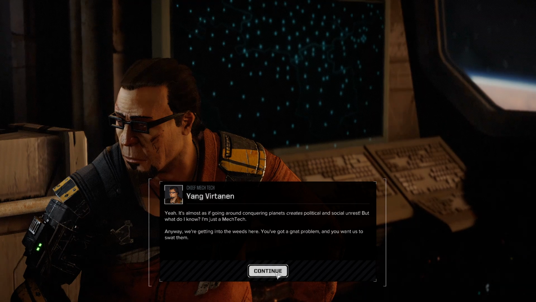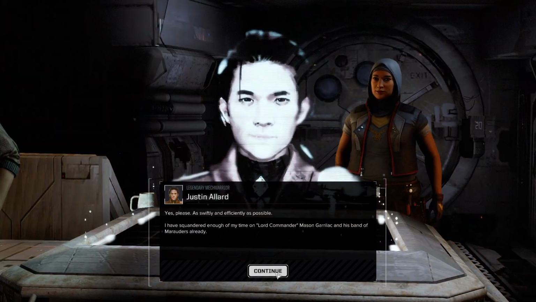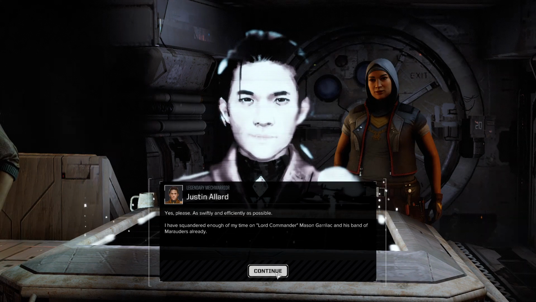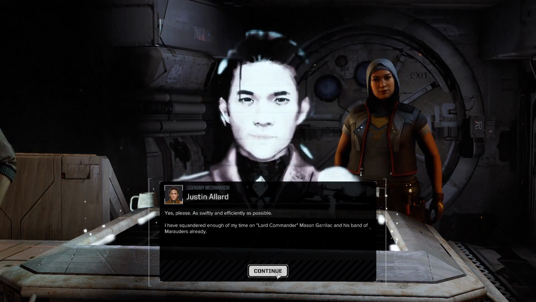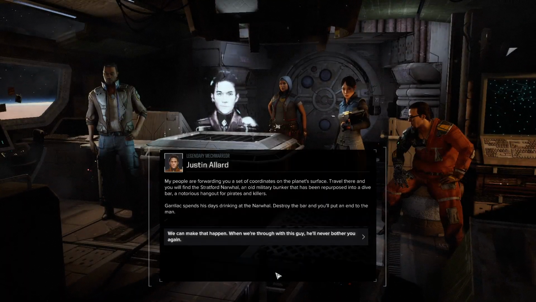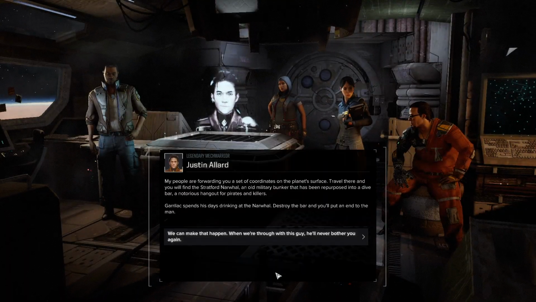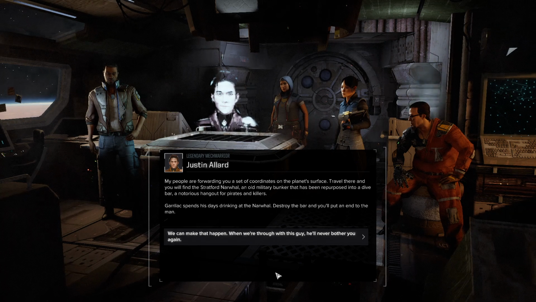I'm just a mech tech. Anyway, we're getting into the weeds here. You've got a gnat problem, and you want us to swat them. Yes, please. As swiftly and efficiently as possible. I've squandered enough of my time on Lord Commander Mason Garilik and his band of marauders already. My people are forwarding you a set of coordinates on the planet's surface. Travel there, and you'll find the Stratford Narwhal, an old military bunker that has been repurposed into a dive bar,